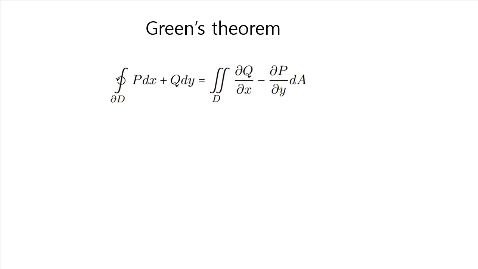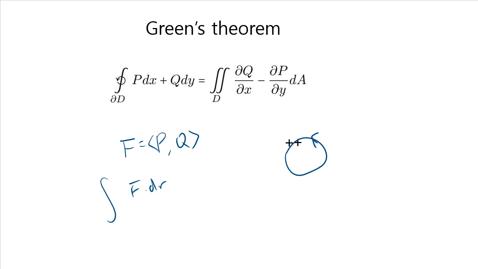In any textbook or website where they write down Green's theorem, I see this formula. And look how ugly this is. You have to think about a vector field P, Q, and when you do the integral of F dot dr around the boundary of a domain D, as you go around it, this line integral is the same as the double integral of this object here